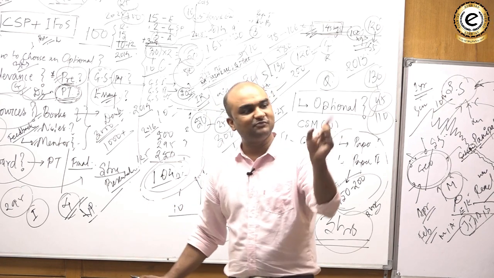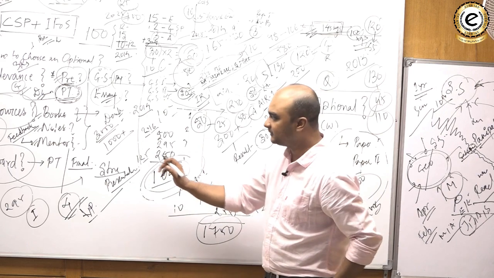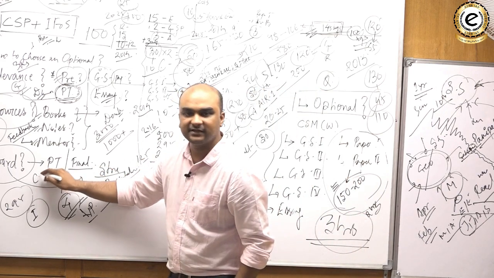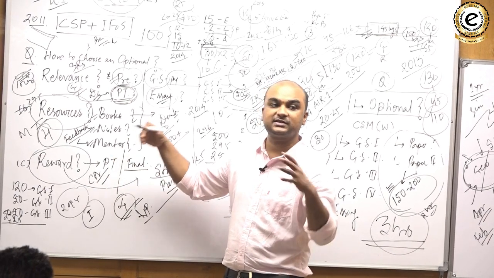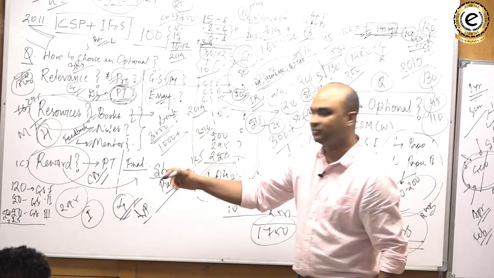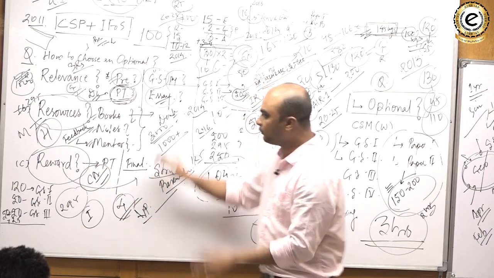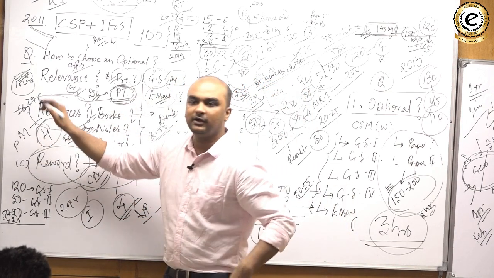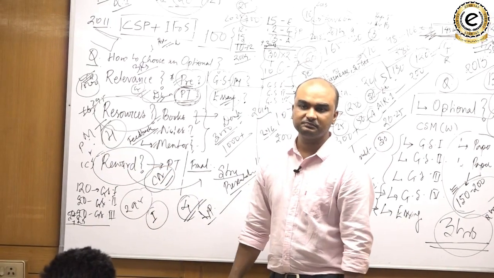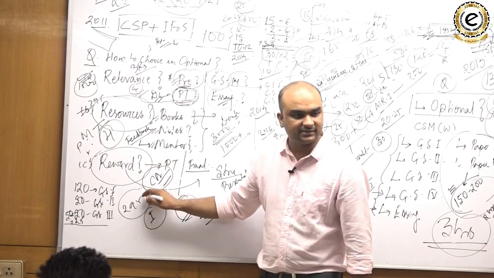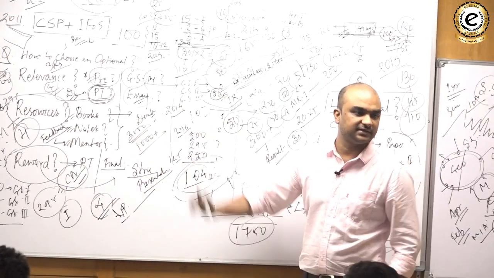One more important thing about geography, as far as optional is concerned, is that yes, current affairs is important, but it is not such a great thing to ponder upon. It means it is not so difficult to prepare. Like if you have political science as your optional, then international relations is fully current. Isn't that so? So geography has current, but the current is not so dominating as far as mains is concerned.